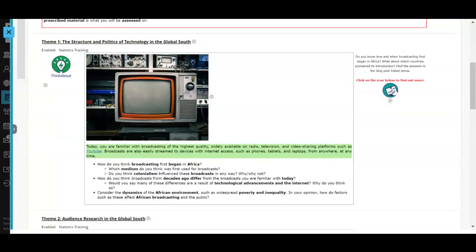And the broadcasts were not about broadcasting content in the language of whichever country you're in. It was more initially about broadcasting in English, promoting this colonial way of life. And then if things were done in the local language, it would be very much promoting, again, this colonial way of life. So it's that, I mean, to the point where